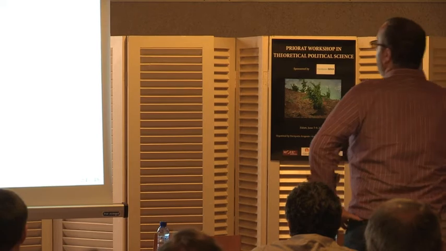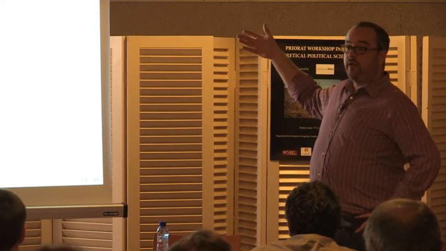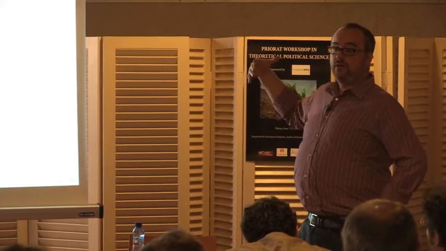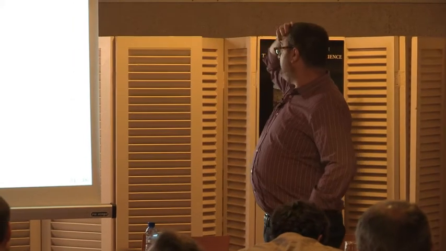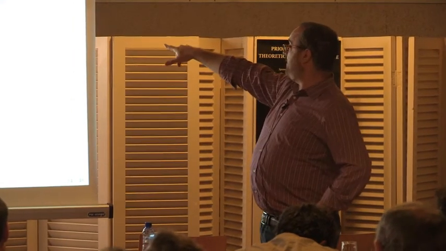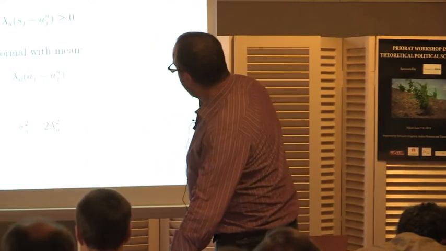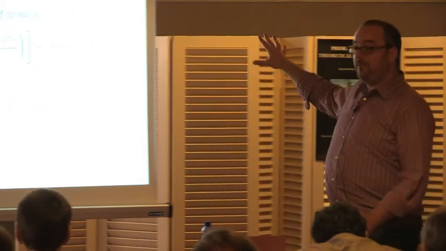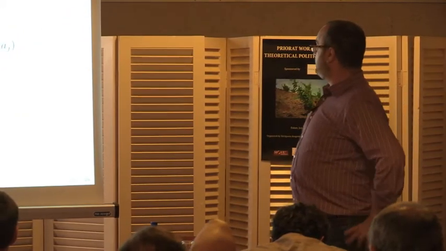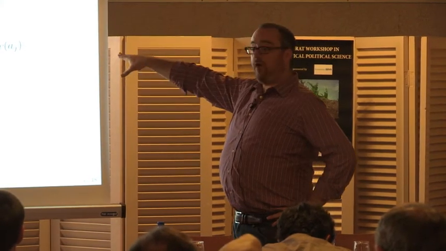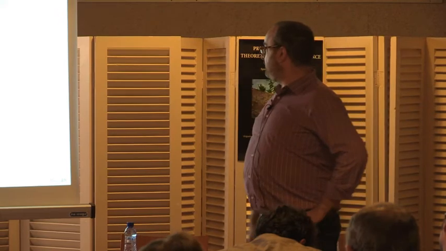All right. So again, in exactly the same way we can calculate the probability of re-election conditional on an outcome given the voter's belief. If you're the task J incumbent and the voter believes the task J incumbent is going to take action AJU, you get re-elected if your outcome makes this thing positive, right? And that thing again is just a normal random variable with mean lambda times (AJ minus AJU). And you get something that looks exactly the same, only simpler because you don't have to worry about any of the correlations again. That lambda doesn't have any rhos in it. So you get the probability of re-election times the rents from office, where again, remember now the rents from office are the task J specific rents from office. And you get a similar looking first order condition.